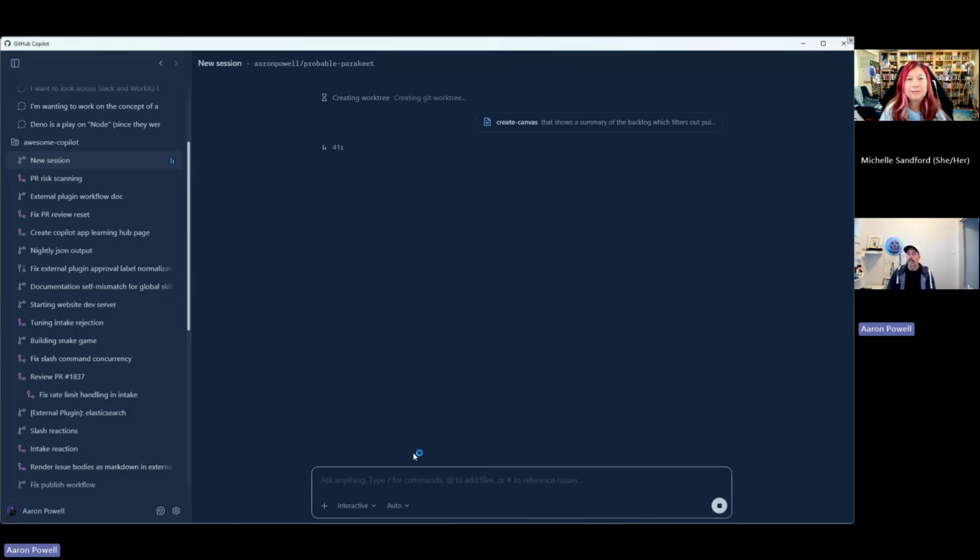But every time I do that, I have to go to the website. I have to do -label:branch-main -label:targets-main, so that I can actually filter out the pull requests and view things more accurately. But I'd love to be able to just do that inside of the Copilot app, just see what's happening there. So I can create a canvas to do that.